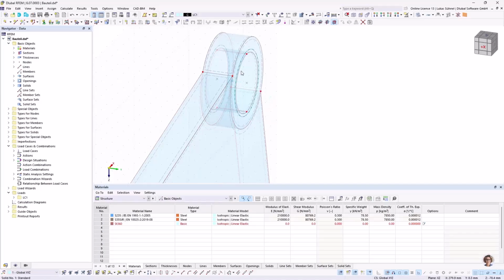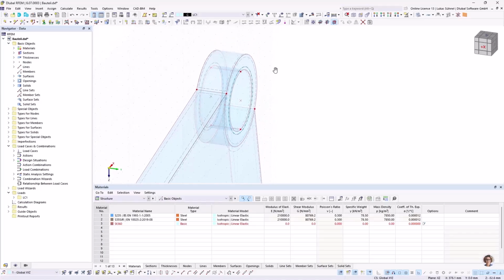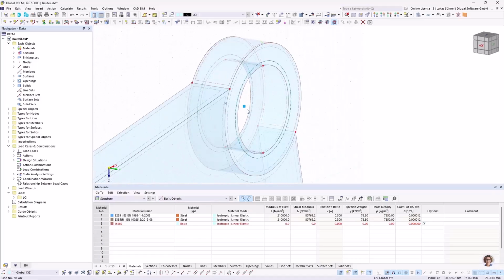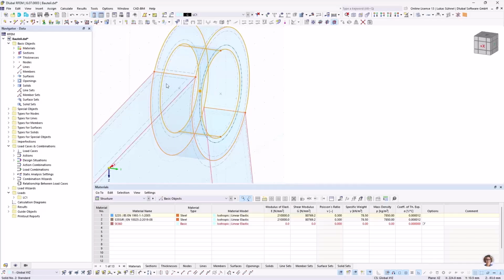Reinforcements, let's say here on the top. It was a bit wider, the support for the bolt, for this axle. So I will add another solid on both sides. I can do that quickly by using the drag and drop functionality of RFEM 6. So I select the solid, that's what I want to copy. I also hit the control button and